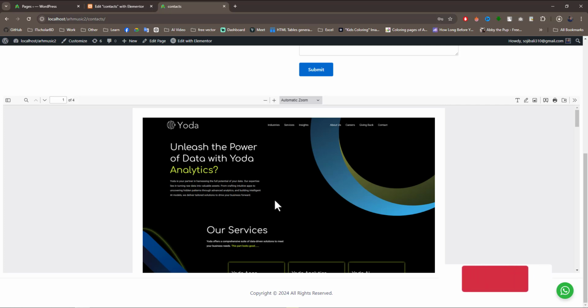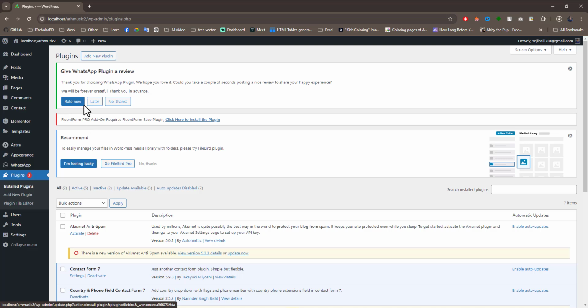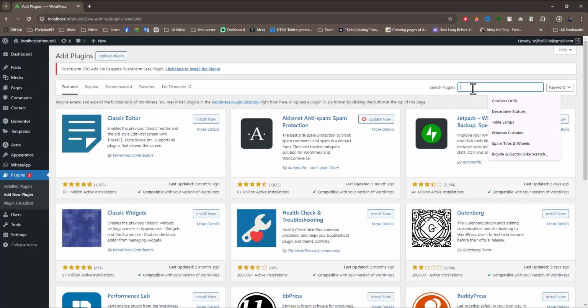Today I'm going to teach you how to add a PDF viewer in your web page. So let's start. First I'm going to Plugins and add a new plugin and write